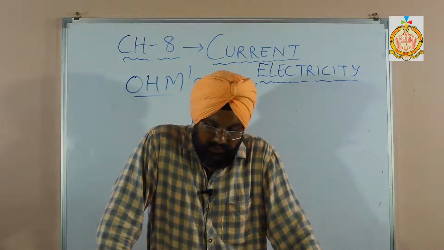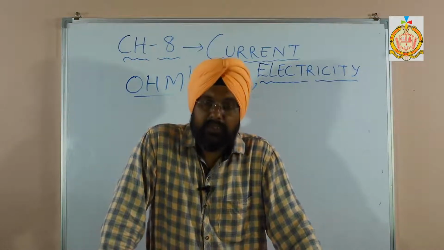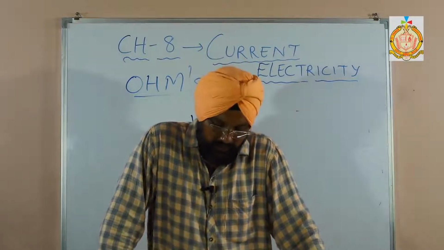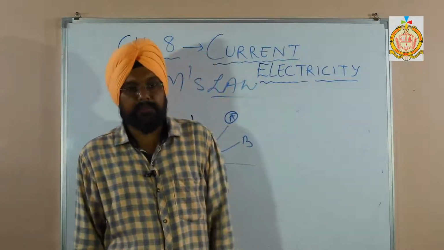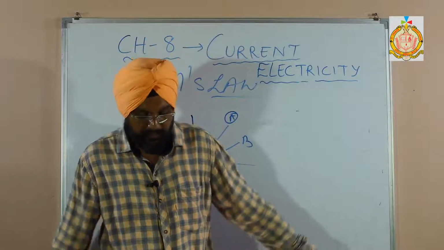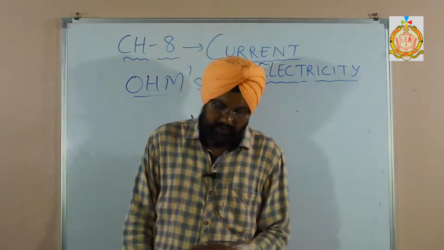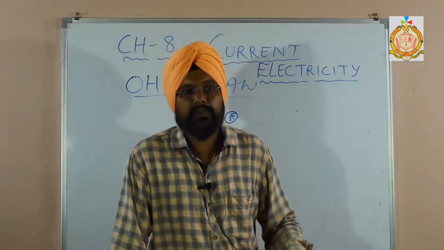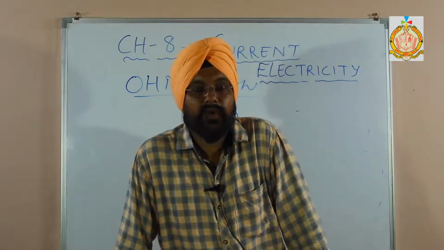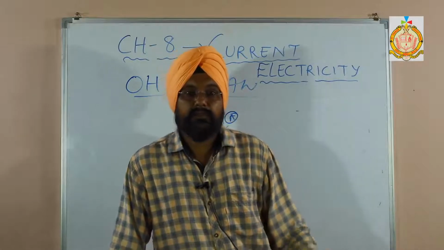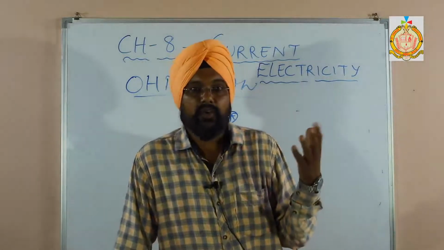Now, what are the factors which affect the resistance of the conductor? First factor is material. You know, different materials have different resistance. Silver is preferred when choosing material for wiring, but we are used to asking for copper wire only.